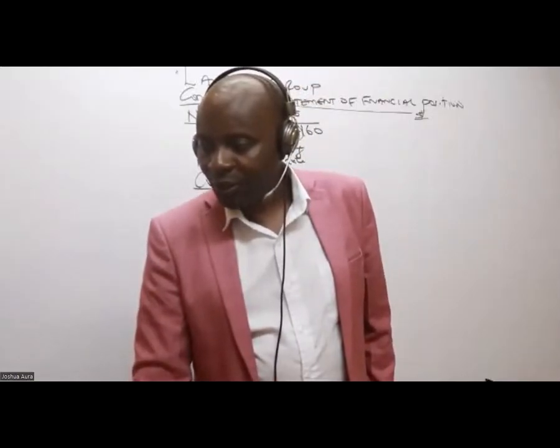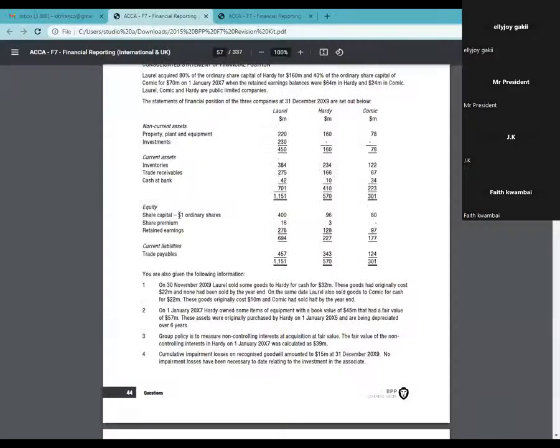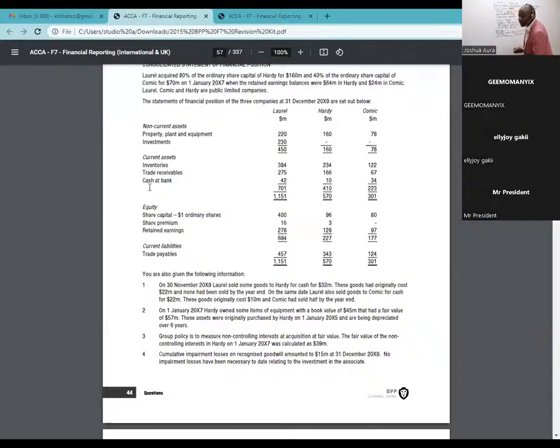All right. So, ladies and gentlemen, in this case here, what do we have? For ordinary share capital, the parent figure is only 400, and then share premium, ladies and gentlemen, we have a figure of 16. And then we have retained earnings. This one I will need an independent working, and I'll be able to show you a shortcut for this, for retained earnings. Now, ladies and gentlemen, remember, when I'm doing group consolidations, in terms of equity,